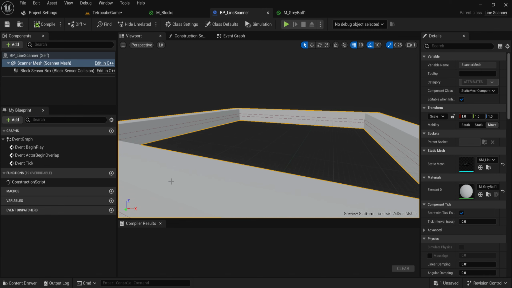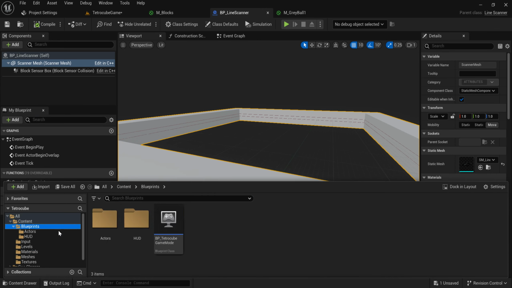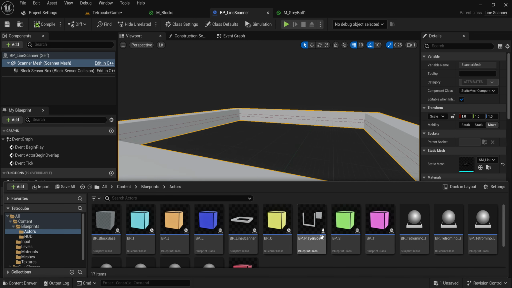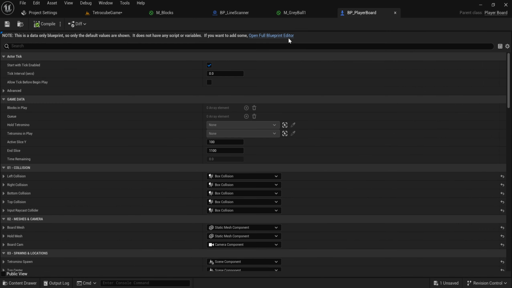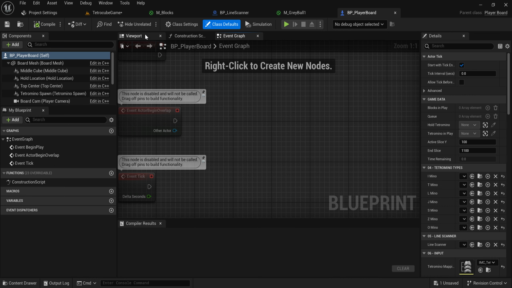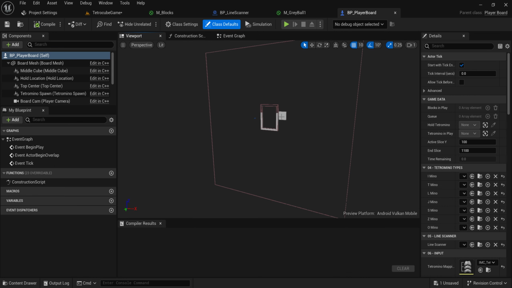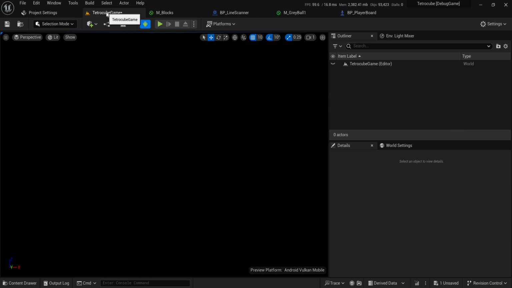And I applied that material to both the line scanner and the mesh for the player board. So now we have a black void with glowing gray UI elements and glowing blocks. So what this looks like now in practice